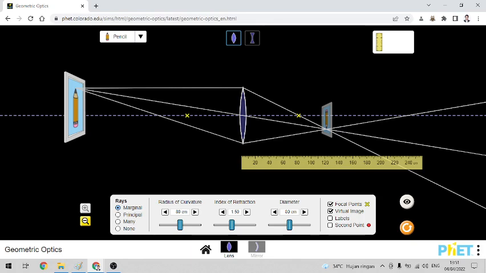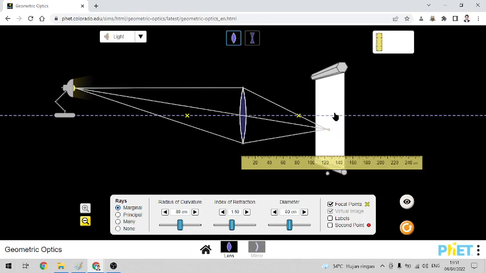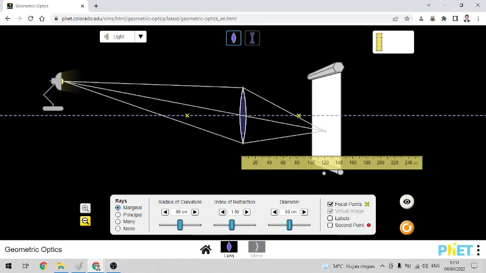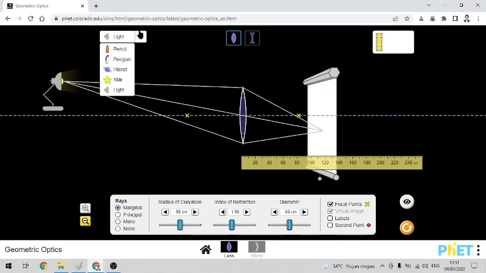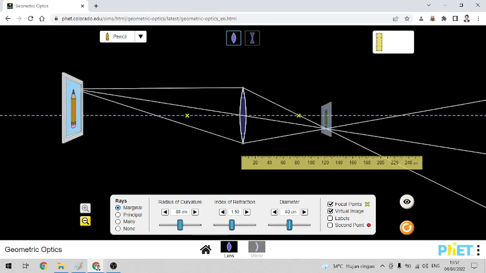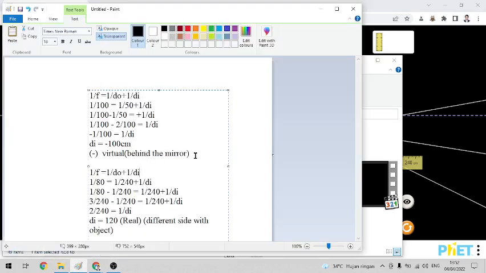This is what we call a real image. Just like in the projector, you want to create a real image. A real image can be projected on the screen in a projector, but a virtual one cannot. So just like this projector, it can be produced on the screen at the other side of the lens. So the term of virtual image is a bit different between mirror and the lens.